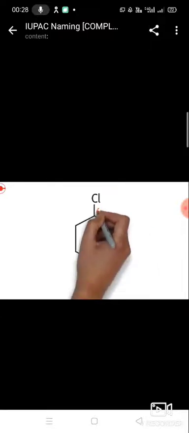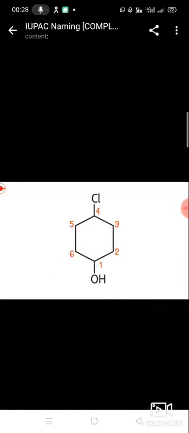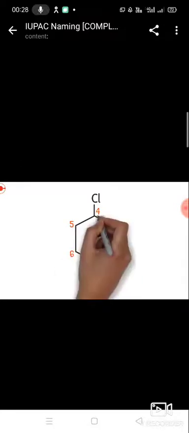Look at this structure. What type of structure is this? Hexagon. Why is it a hexagon? 6 carbon atoms are there, and in this the chlorine atom is also there, the alcohol group is also present. It is a cyclic compound. Then how do we give the name? We have to give the numbering from the functional group. The functional group is present in first carbon, which is the functional group OH. What is Cl? Cl is a substituent.